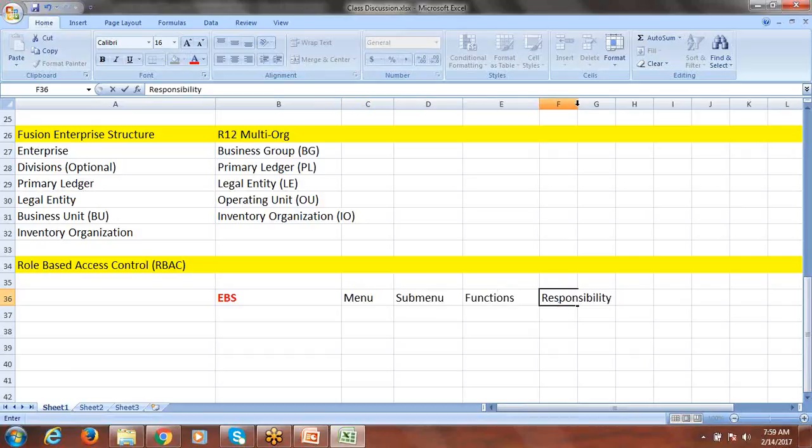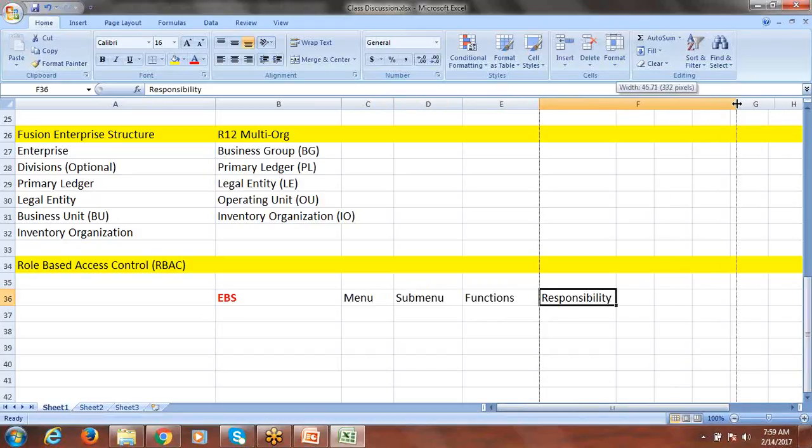These we are well aware of in EBS, right? So these terms we know very well. Menu we have, within the menu we'll have a submenu. Submenu will consist of functions. To access the entire menu or submenu or specific functions, you should have a concept called responsibility. When you say responsibility, here I am taking the meaning